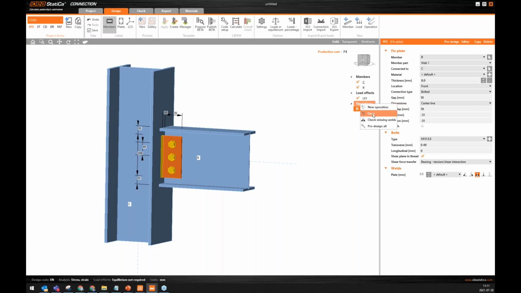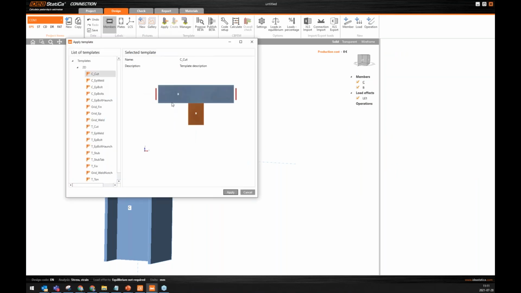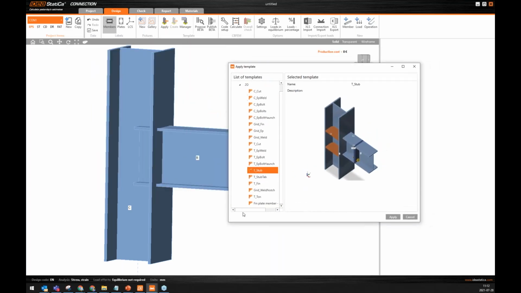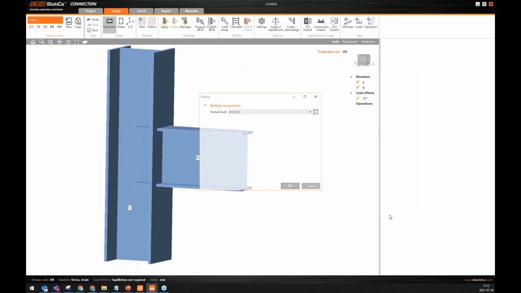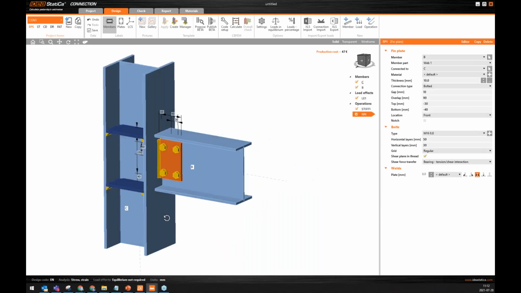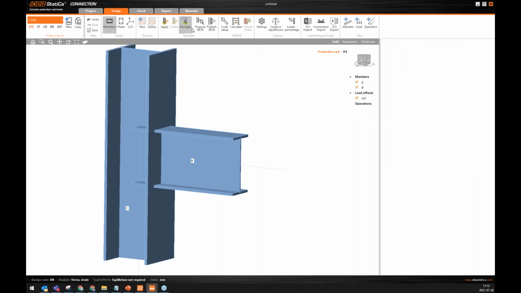Let me now clear the operations, because I want to show you the template manager. If I open the apply button again, a library of different types of connections that are applicable at this topology opens. Again, I can apply a fin plate. It looks a little bit different. There are two operations, stiffeners and a fin plate. Okay, let's clear it again, because I will show you the propose beta